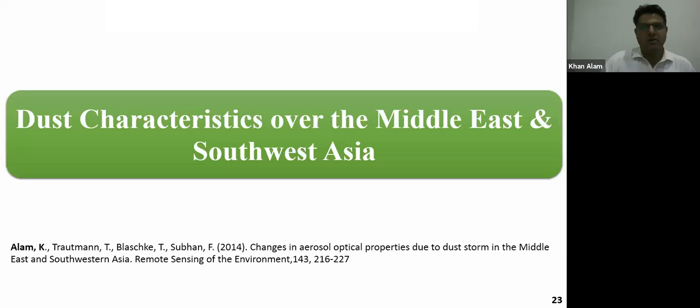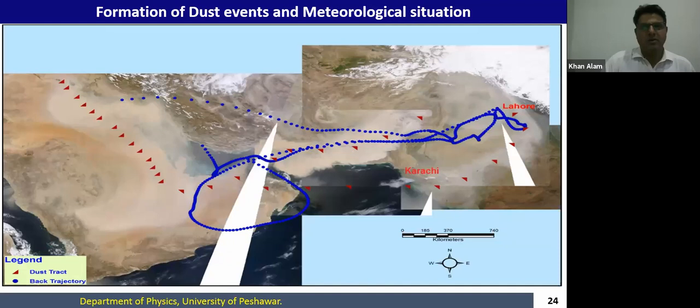So I'm going to discuss some case studies regarding dust and smoke. The first is dust characteristics over the Middle East and South Asia. So look at this image. Actually, this is a dust storm that occurred in Iraq,